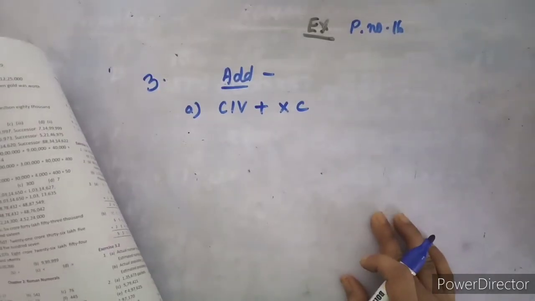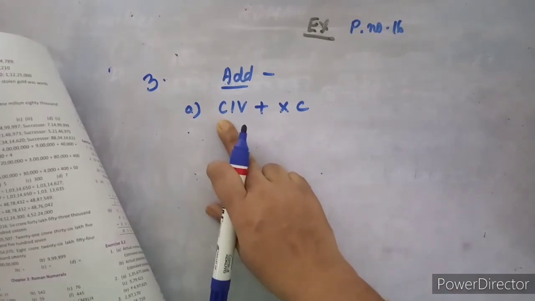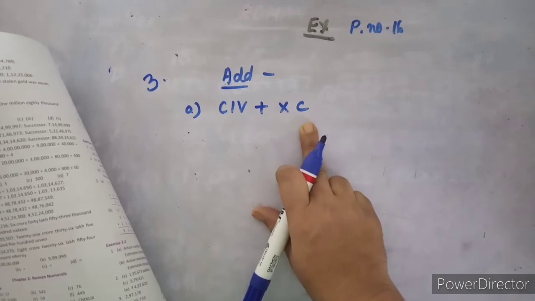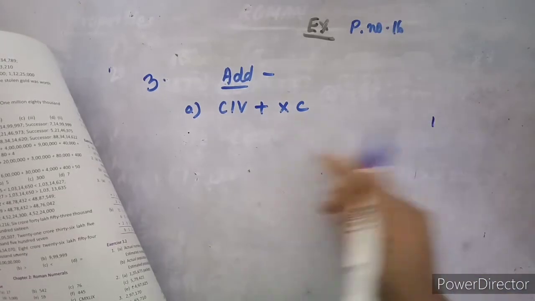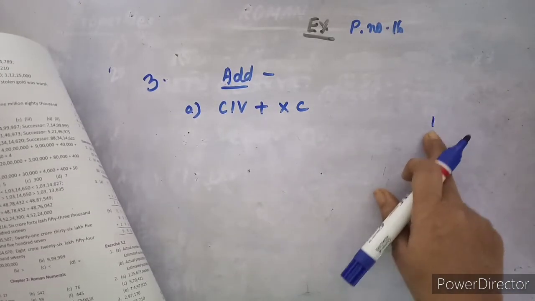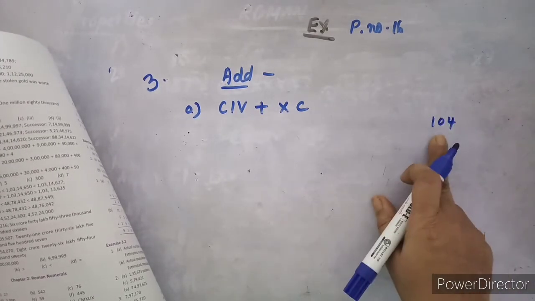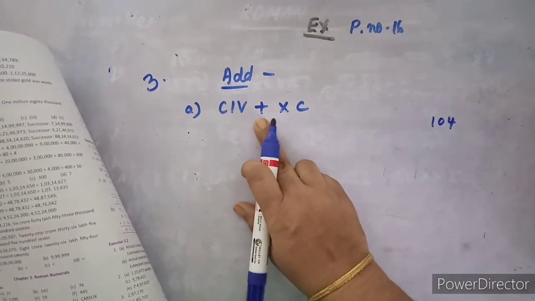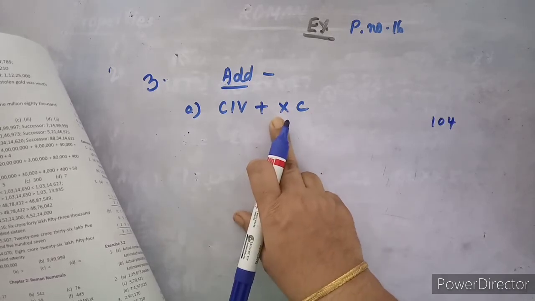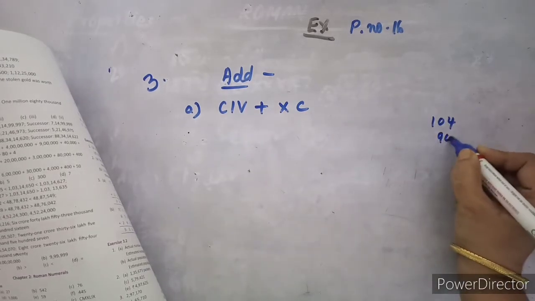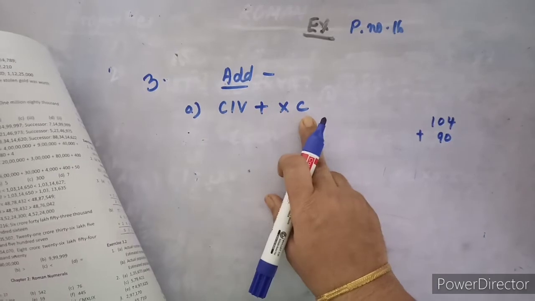Now our third question is add. Okay, adding the Roman numerals. Now if you can see over here, I have written the question. So what does this mean? C is for 100. Okay, and write it down in your Hindu Arabic form. This is 100 and this is 4. So this number has come. Now what happens? Here it is add. Then what is this? C, C means 100, and on the left hand side 10 is subtracted, so how much is it? 90. Now see, okay, so this is your 104, this is 90.